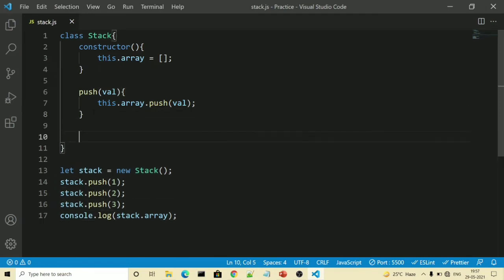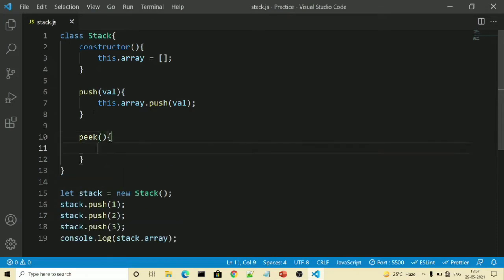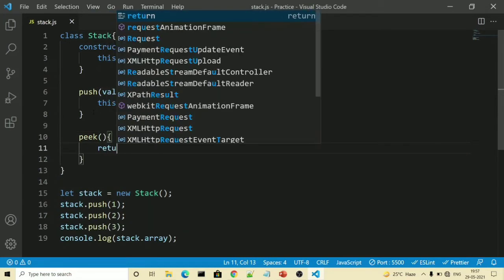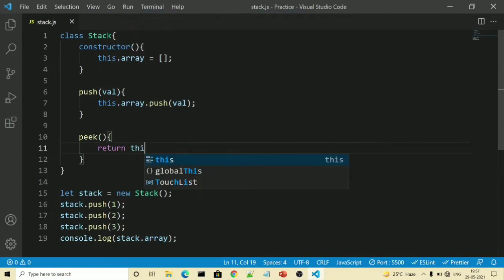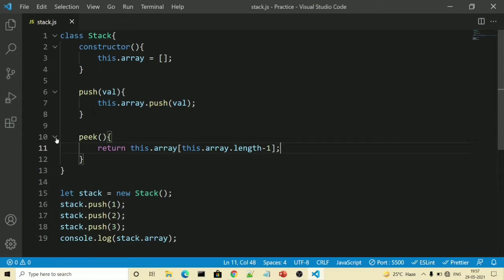Here we will write peek. Peek will take nothing as a parameter, and there we will simply return this.array, and inside that, this.array.length - 1. That means we want to return our last inserted item.